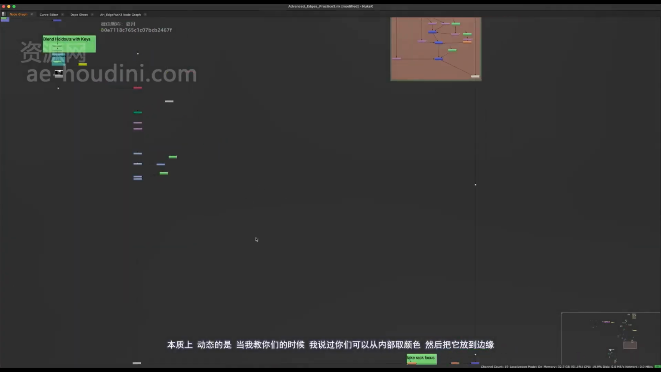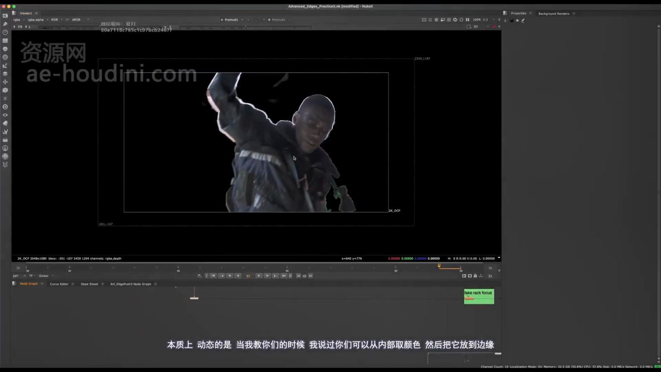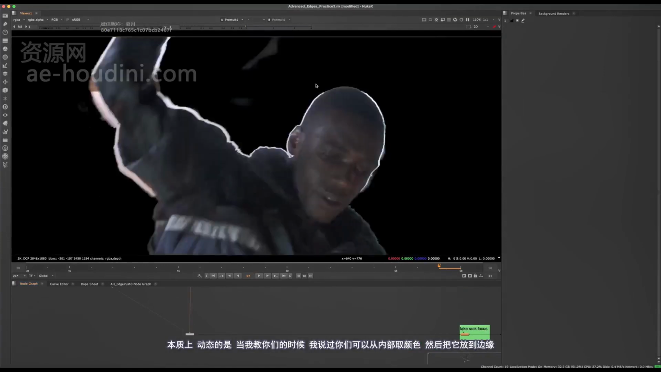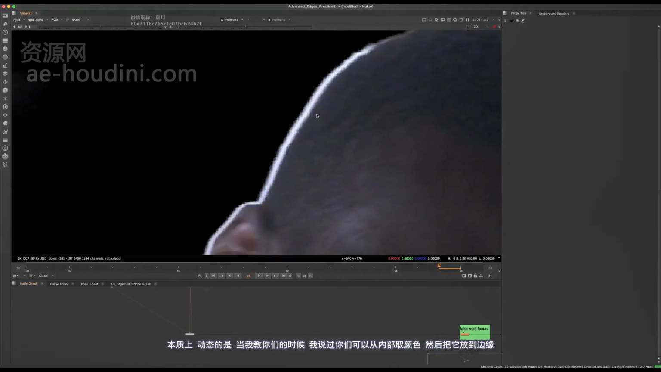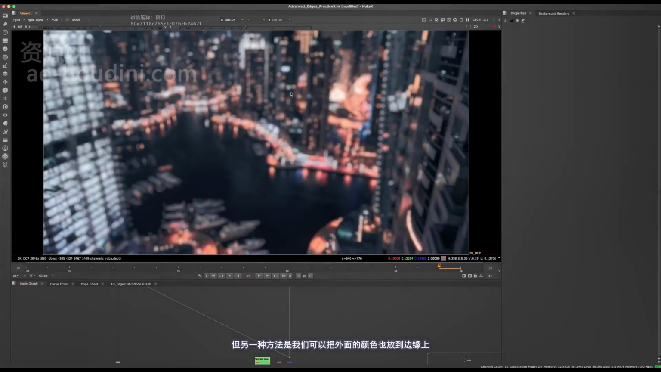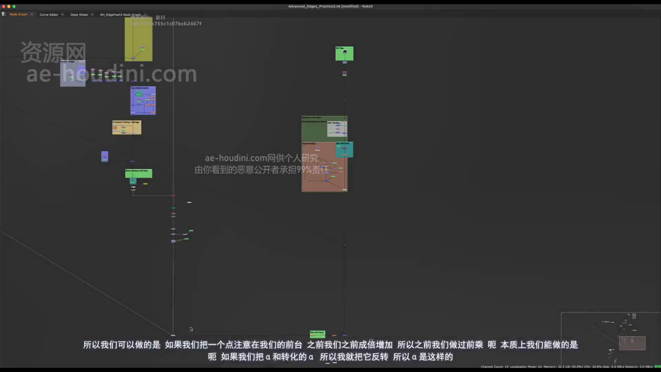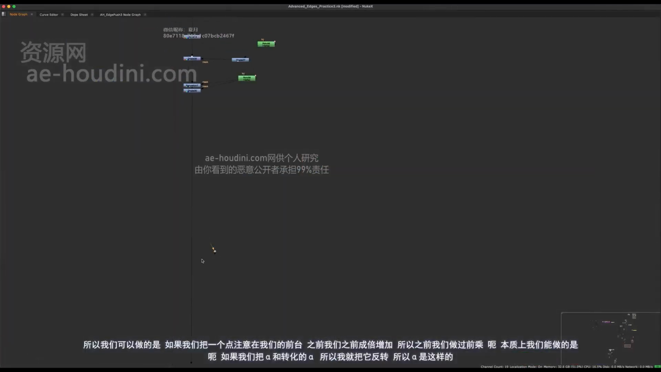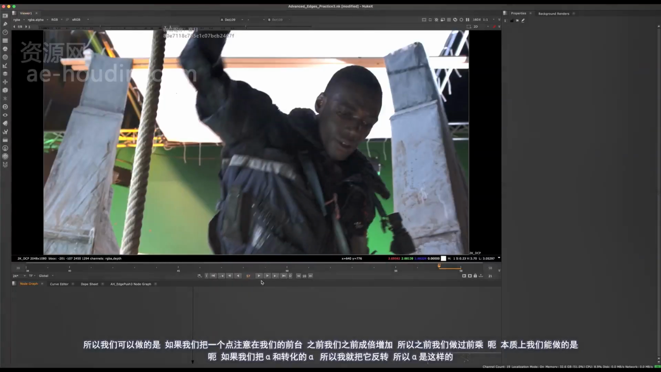Essentially the dynamic despill is, again, when I was teaching you despill, I said that you could take the color from the inside and put it on the edge. But the alternative is we can take the color from the outside and put that into the edge as well. So what we can do is put a dot node here on our foreground, before we've done this pre-multiply,